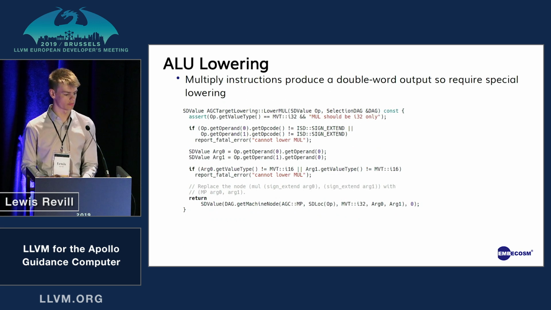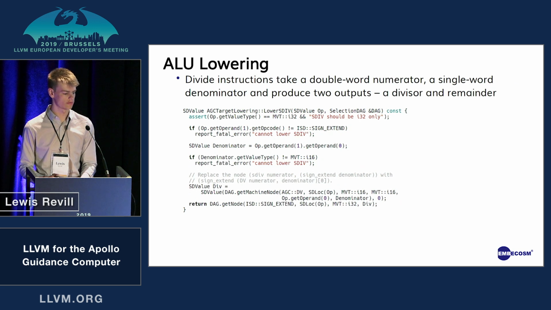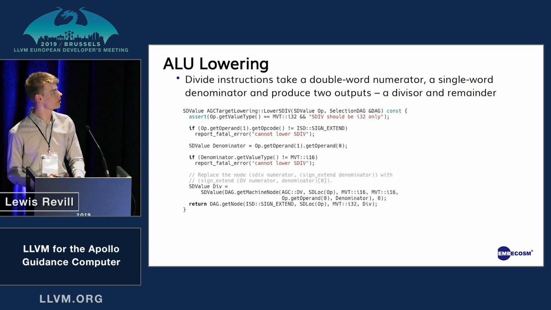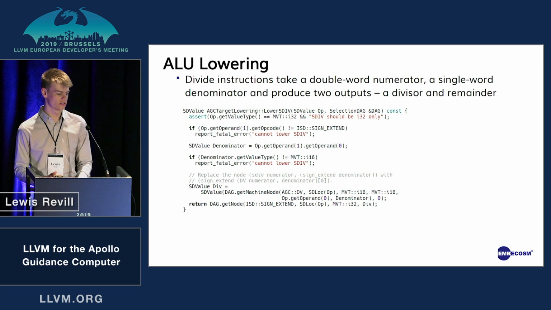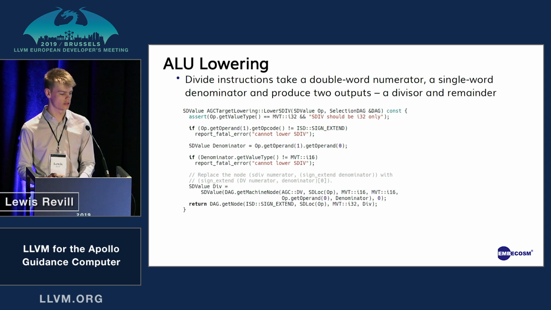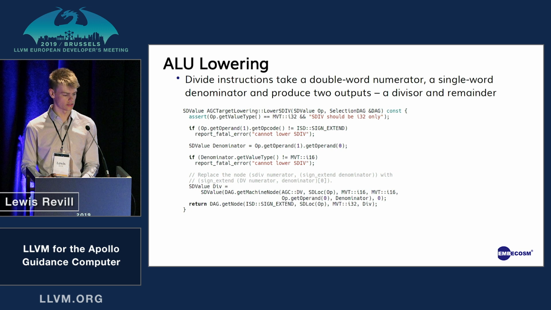And lastly, a bit about some of the lowering. Multiply instructions produced a double word output, so it didn't match a standard multiply node. So I had to check for sign extends on the inputs and use a 32-bit multiply to match the double word output of the 16-bit multiply in the instruction. Similarly, divide instructions took a double word numerator, a single word denominator, and produced 2 outputs, which were a divisor and remainder. So for division and remainder, I implemented something that matches only this exact pattern and outputs the correct